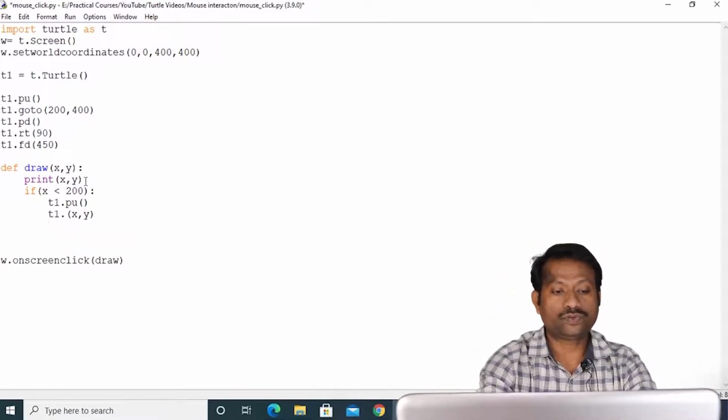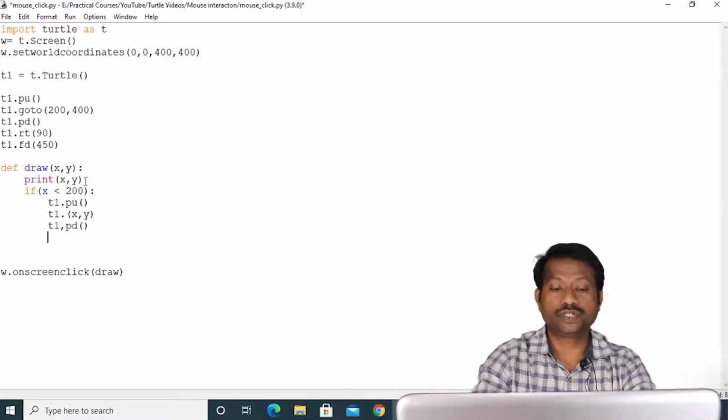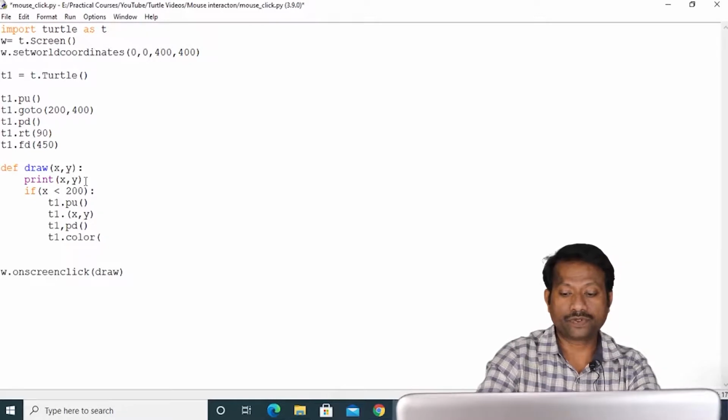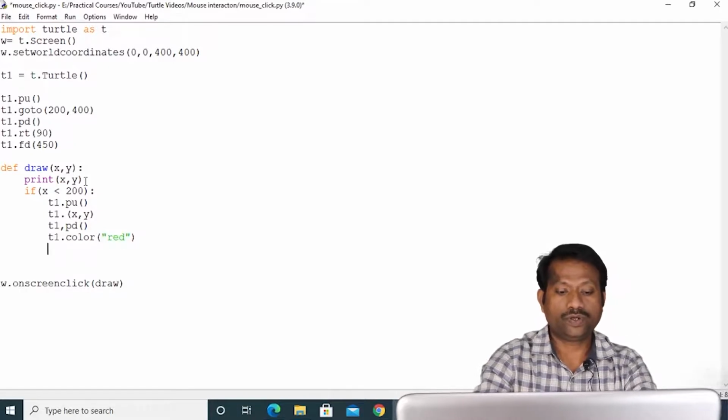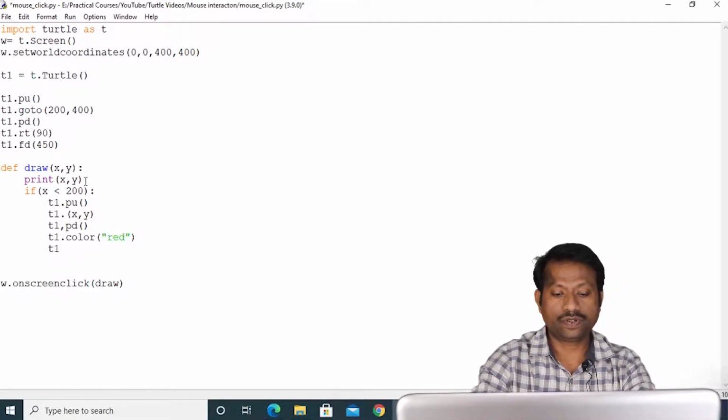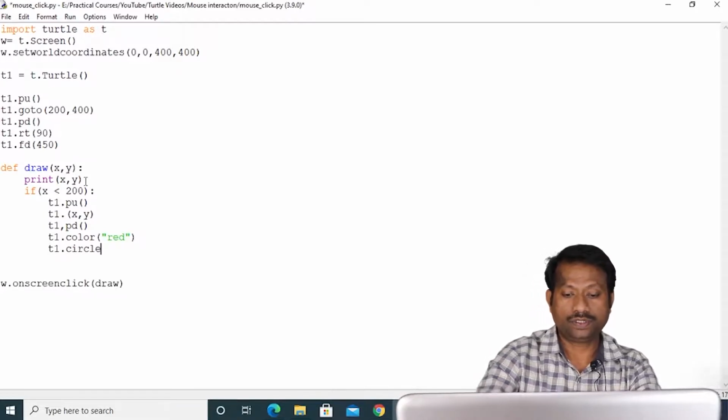And here I have to say t1 dot pendown. At that position it should draw a circle, but the circle color should be red, so I say t1 dot color, it should be red. And now we have to draw the circle, t1 dot circle, bracket.